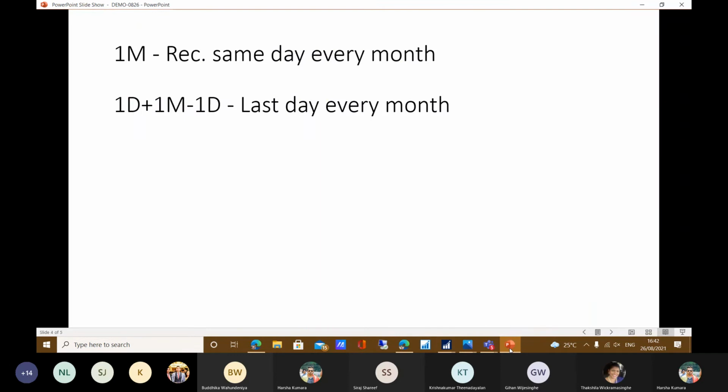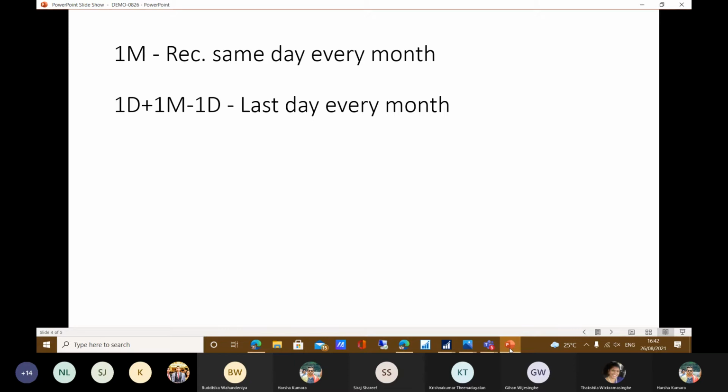Normally in Sri Lanka, we use the recurring journal every month, so we have to use a recurring method. There are some recurring methods in NAV, and normally in Sri Lanka there are two we can use, because normally we are using monthly payments and month-end payments. One we can call 1M. 1M means recurring on the same day every month.